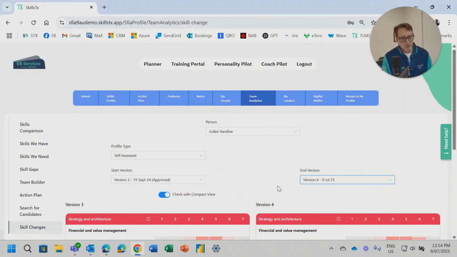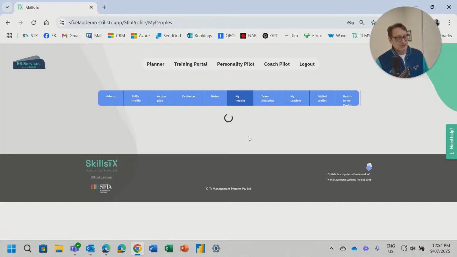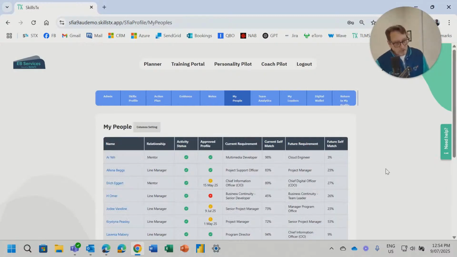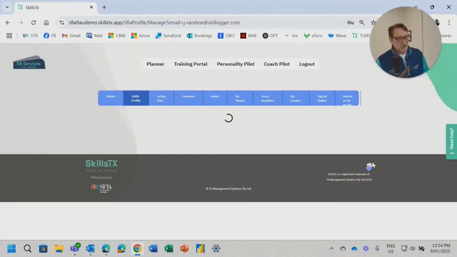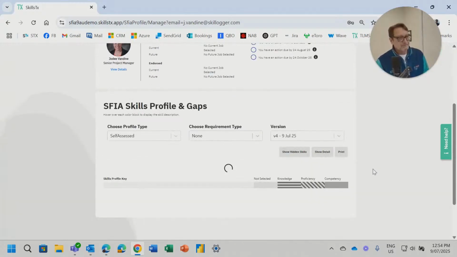Done some training, done more practice, so now I've got the ability to jump back to Jody and do that approval. I'm just going to show you something else though that just keeps the dialogue going, so we're going to go one step beyond that. So I'm going to go and have a look at Jody again. Obviously we've already looked at the skill changes, but I'm just going to have a look at her profile here,